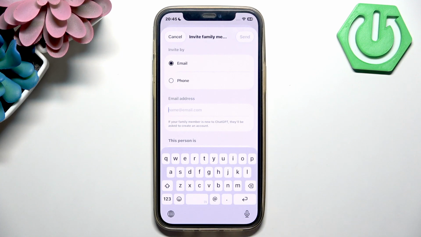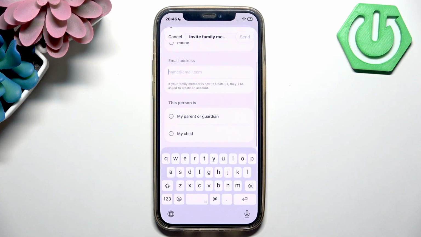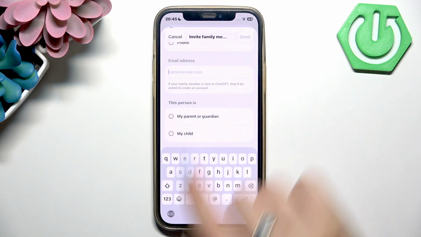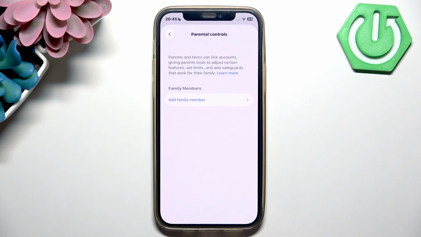If you want to invite them by email or phone number, also select if this person is my parent or my child. After this, press this send button in the top right corner of your screen, and after your family member is connected, you can for example filter content safety, or you can turn on or turn off